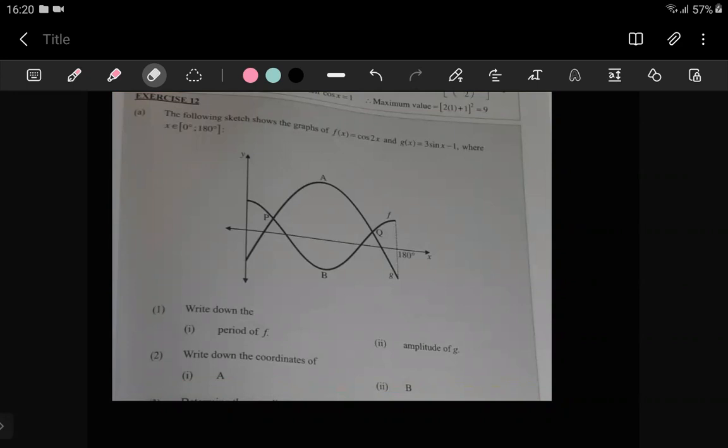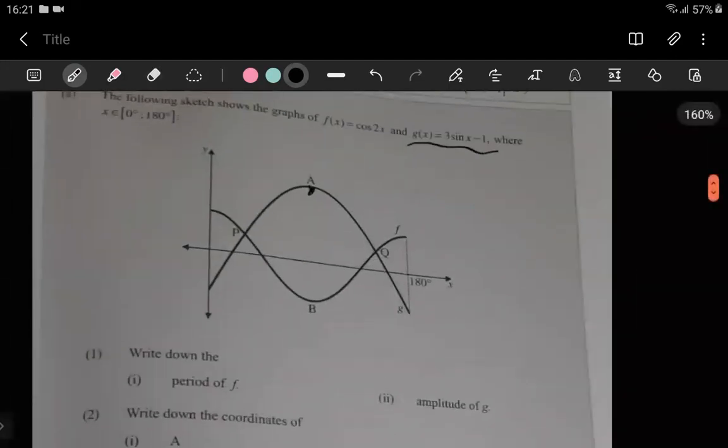So, yeah, let's see. So, where's that thing now? So moving on, it says here they want us to write down the coordinates of A or B. So the idea is, if you look at where A is, this is from 0 to 180. A is a point on the graph of G. You see? And then do you see that according to this, it's telling us that